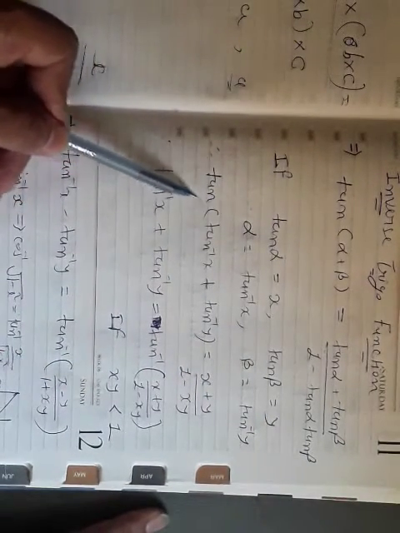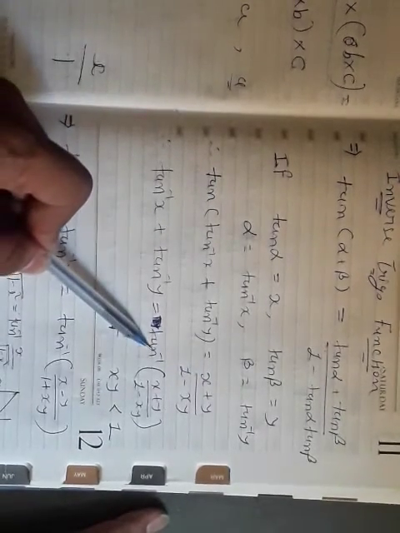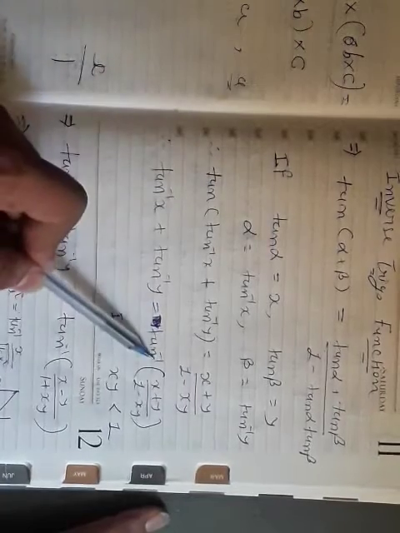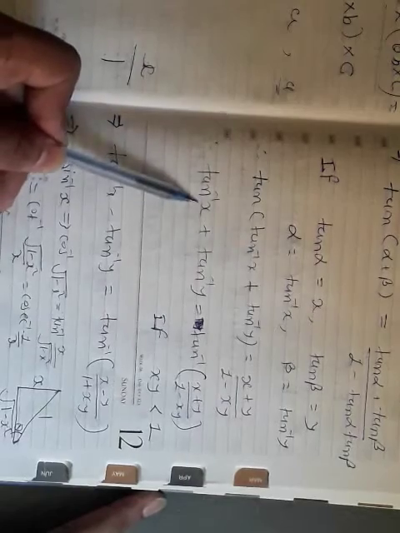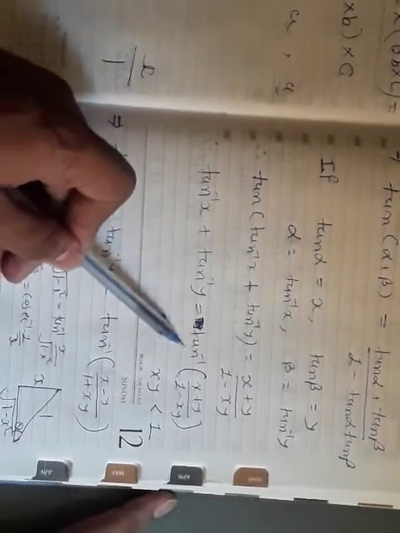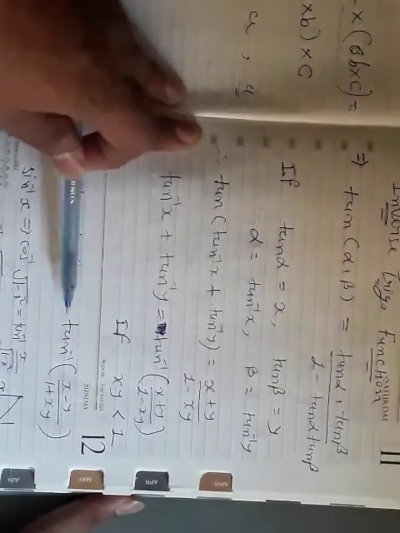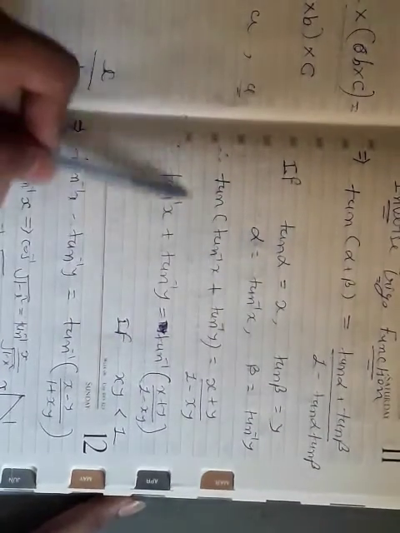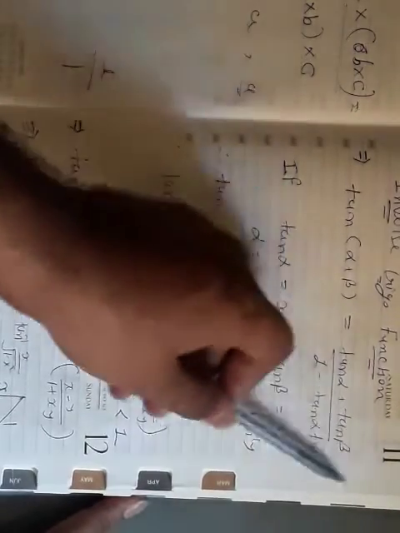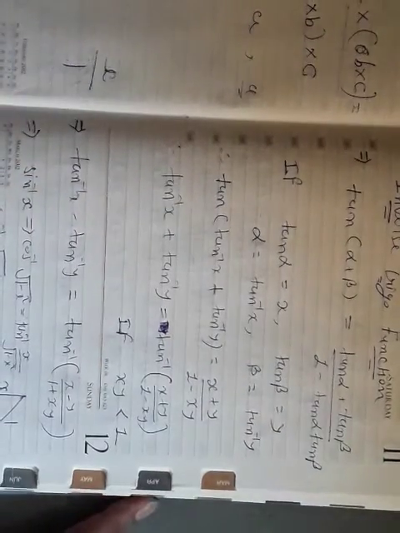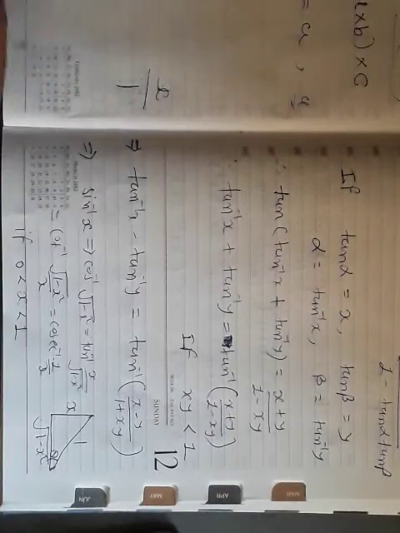Now if I take this tan to the right side, tan becomes tan inverse. That is how the formula can be proved: tan inverse x plus tan inverse y is equal to tan inverse of (x plus y) upon (1 minus xy). So we can basically say that all the formulas of tan inverse or cos inverse or any inverse trigonometric function come from the original trigonometric function. That is why it will become easy for us to understand it and memorize it.